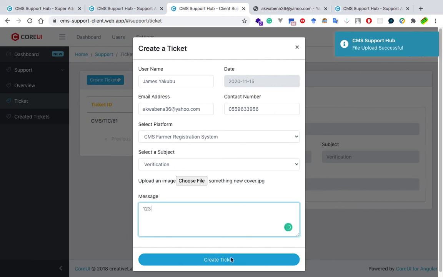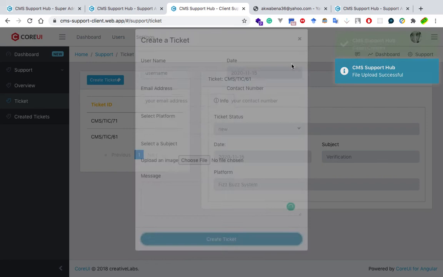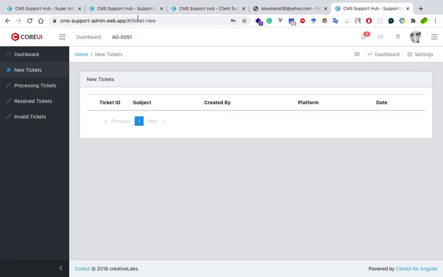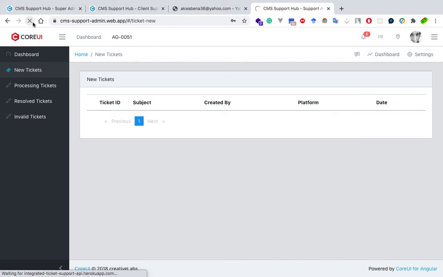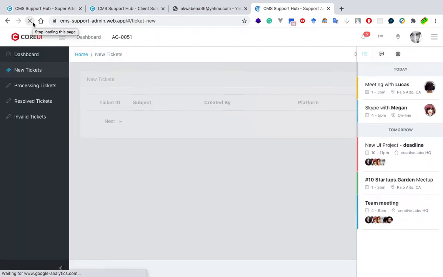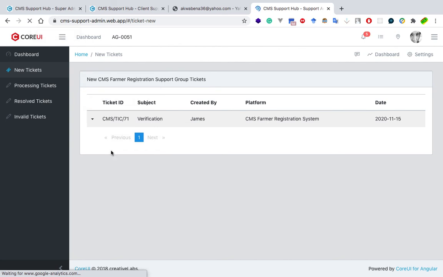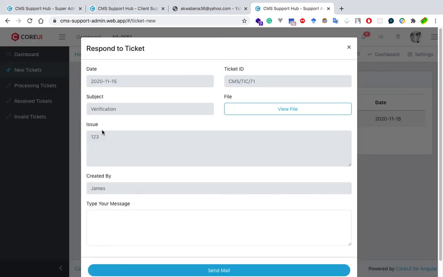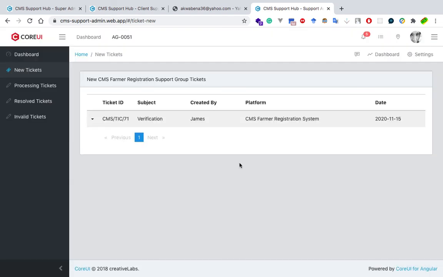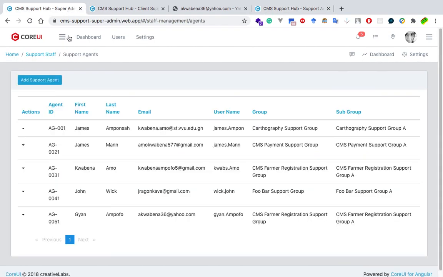So 1, 2, 3. Now, if I refresh this, we should have a ticket for that particular group being assigned to him right now. Yeah. So he can respond to the ticket appropriately as well. Okay. So now